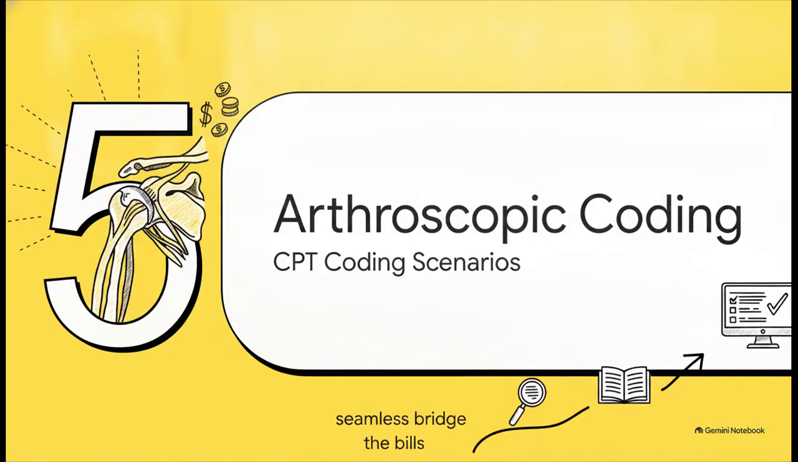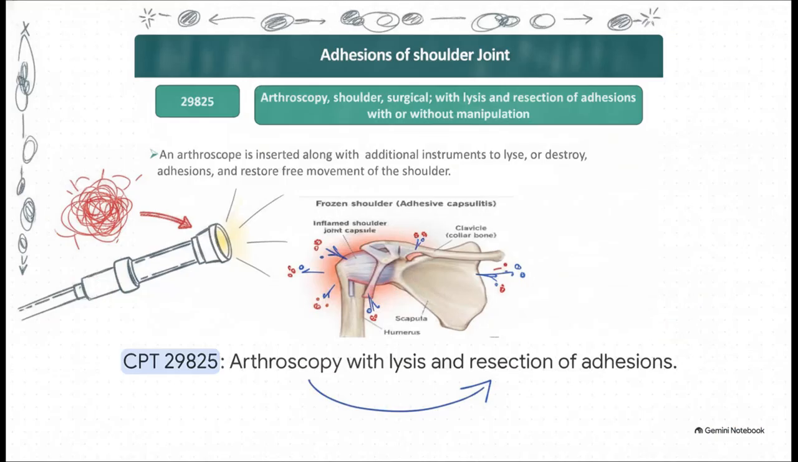Section 5. Arthroscopic coding realities. This is exactly where the anatomy pays the bills. Let's look at CPT code 29825. When a patient suffers from adhesive capsulitis, commonly known as a frozen shoulder, the joint capsule itself gets inflamed and restrictive. To treat this, the surgeon performs CPT 29825. They'll insert an arthroscope along with instruments to literally lyse or destroy those restrictive adhesions,